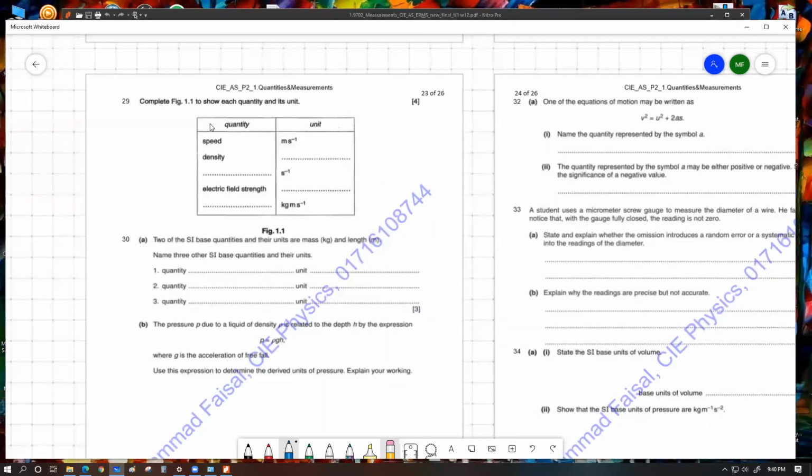Complete figure 1 to show each quantity and its unit. Speed, density per second হচ্ছে hertz. Electric field strength ইউনিট তোমরা ইলেকট্রিক ফিল্ড চ্যাপ্টার থেকে জানবা। আর কেজি মিটার পার সেকেন্ড ইম্পালস ইউনিটে হয়, ওটা মোমেন্টামের ইউনিটে হয়। তুমি যদি এখানে মোমেন্টাম লেখো তাও তোমাকে মার্কস দিবে। স্যার হ্যাঁ স্যার, ওই ইম্পালস লেখা ছিল। আচ্ছা, ইম্পালস জিনিসটা কি আমি তোমাকে বুঝাই,